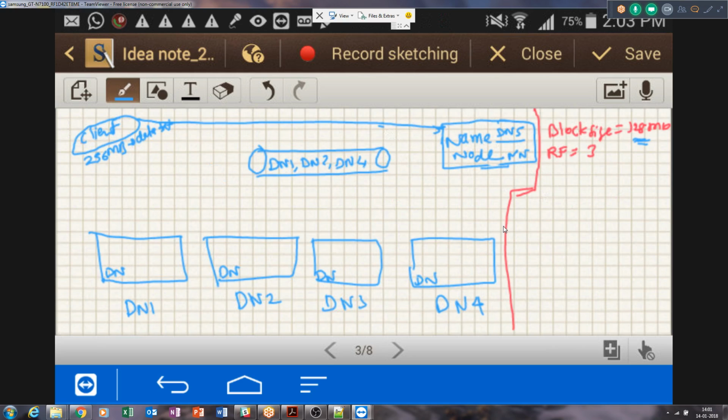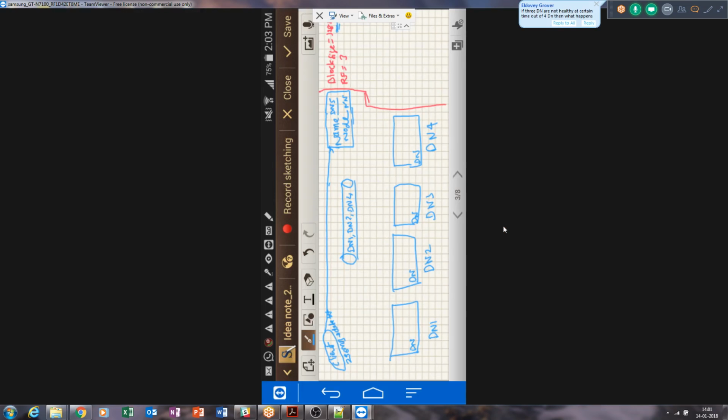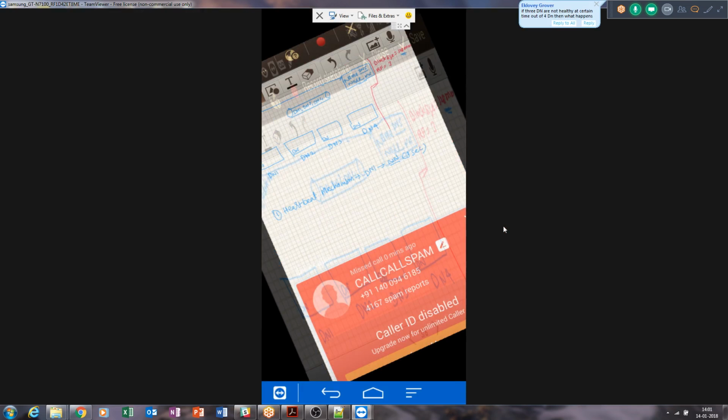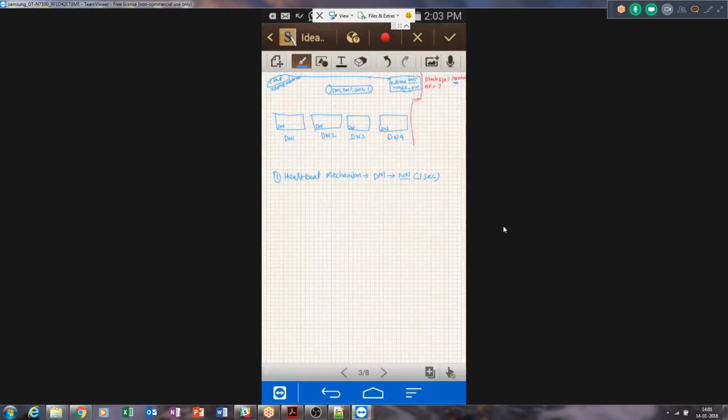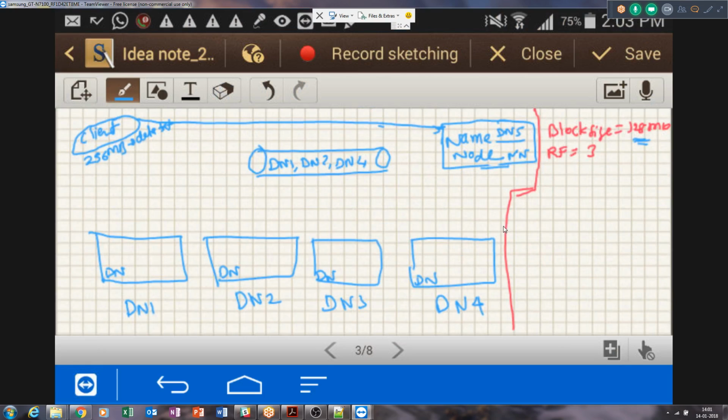So how does it know? The client knows that the block size for the cluster is 128 MB, so it will split this 256 MB file into block 1 and block 2.